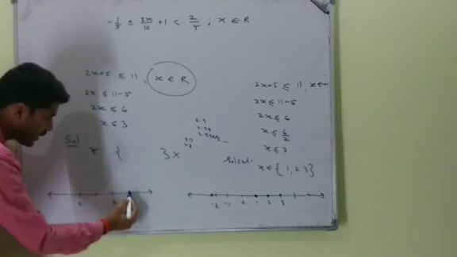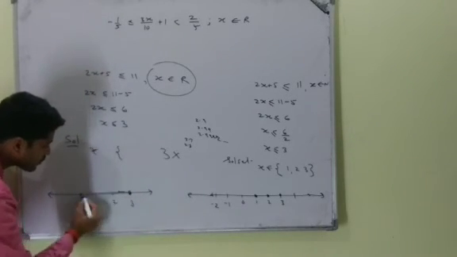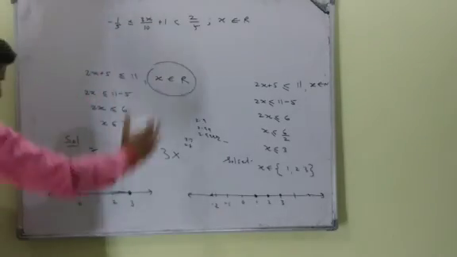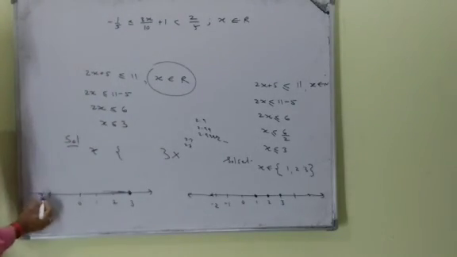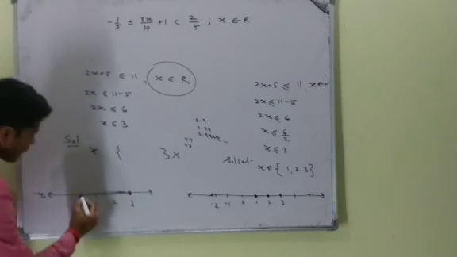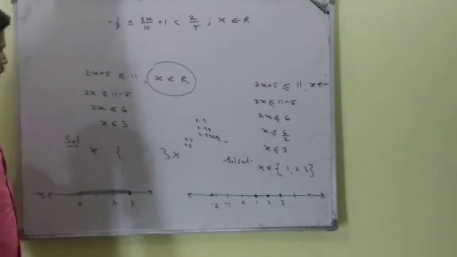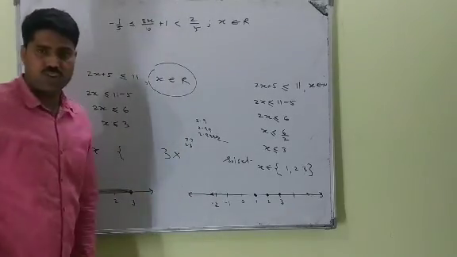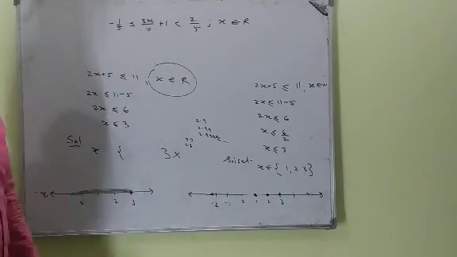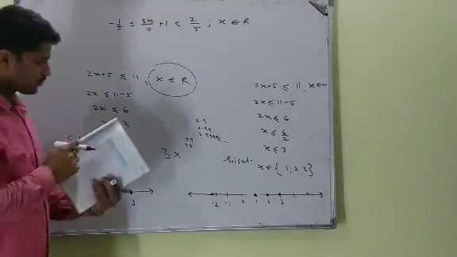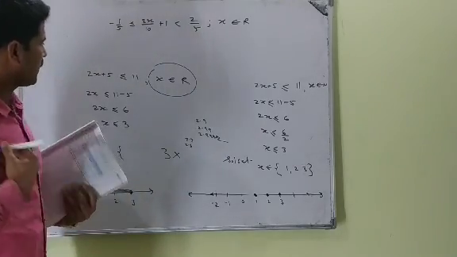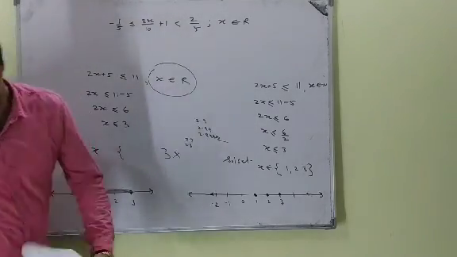So make the line, darken the line like this. All numbers less than 3 go to minus infinity. Please darken it. This is the solution of x. Okay? Is it clear? Now